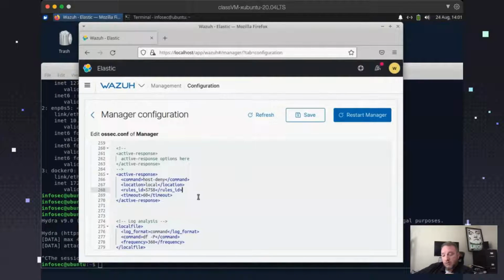We want to trigger on a certain alert, but we're only going to have that active response be active for 60 seconds. You can change this to be increasing. You can say, okay, so the first time this triggers,